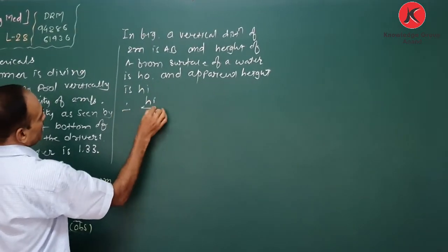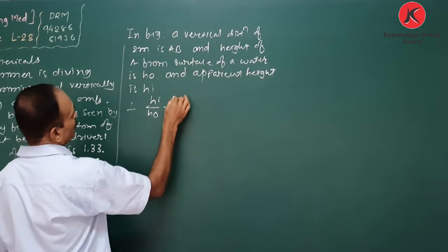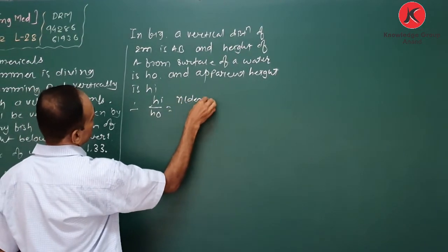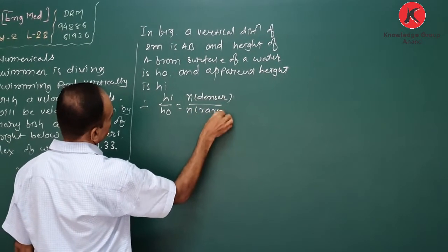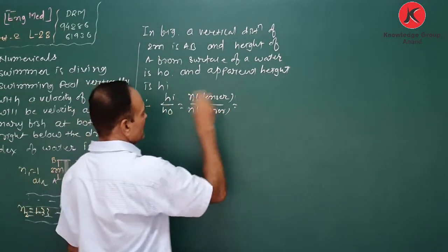Therefore, HI upon HO is equal to n denser upon n rare medium,